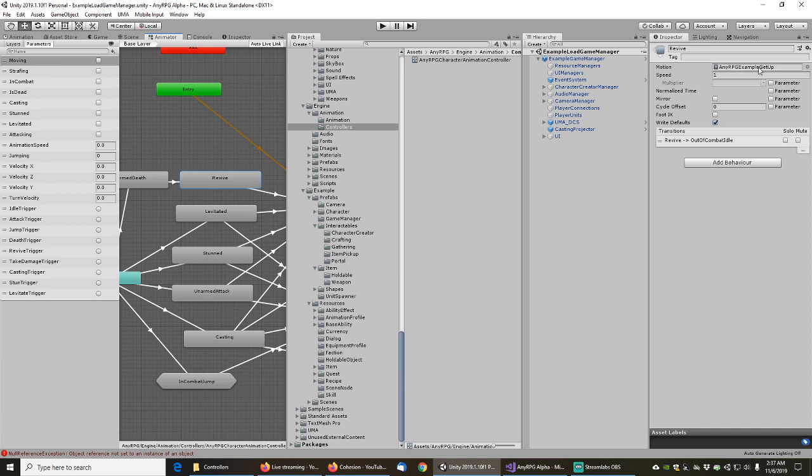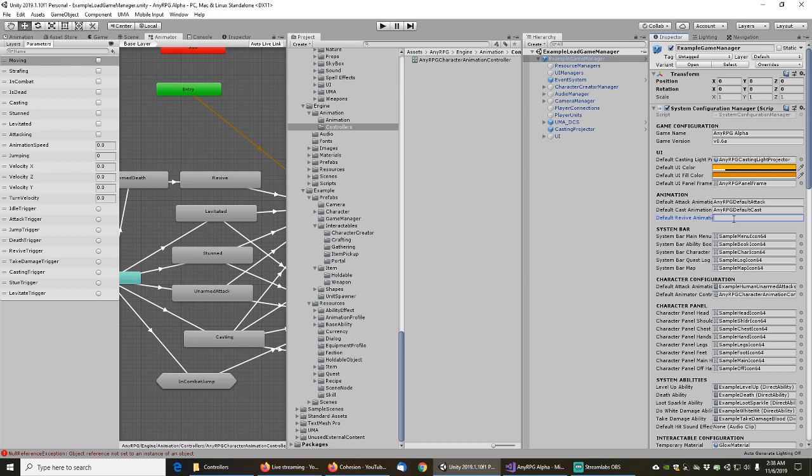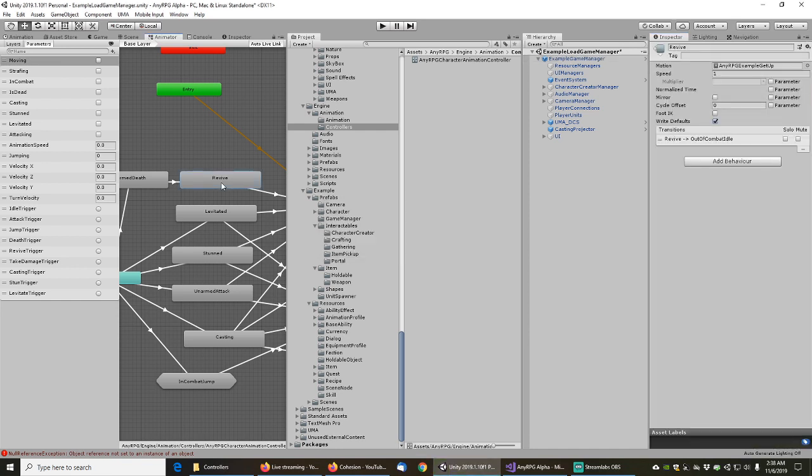AnyRPG example get up. So we're going to go into our example game manager, AnyRPG example get up, apply that to the game manager prefab, and now